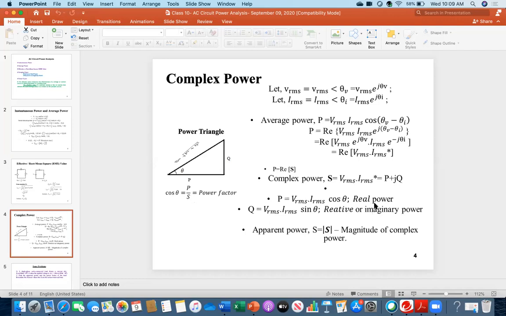For example, we have a television, and the television is 60 watt. That is actually real power. That is not the reactive power. You have a heater, let's say a 1000 watt heater. That is the real power. That is not the reactive power. So the question is then, what is the reactive power? That I will explain to you. As you can clearly see, this is the Q. But why is it called imaginary power? Why is it called reactive power? In the next class, I will continue that one.